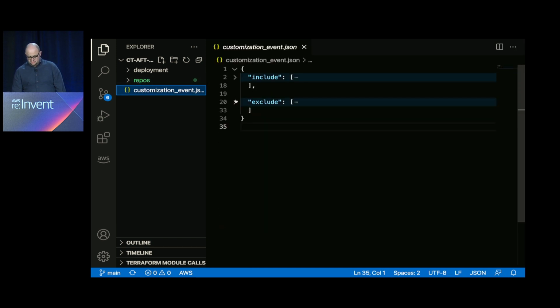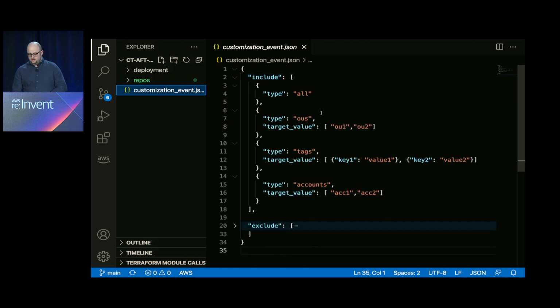And I will collapse these so we can walk through it. Now, this event can be passed in directly for step functions, which is what we're going to do in the demo. But obviously, you can pass this on through CloudWatch events or for any custom automation you'd like to put together. So first off, we tell AFT what accounts we want to include in this recustomization process. Because chances are that you just don't want to recustomize one.